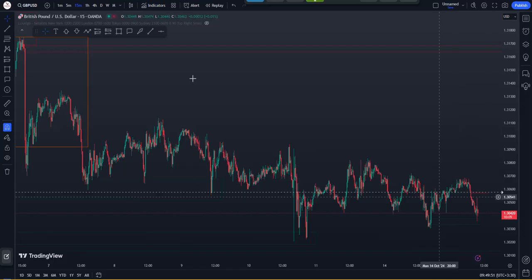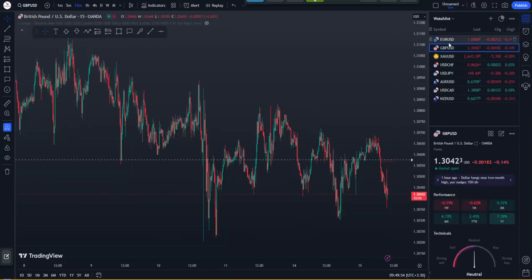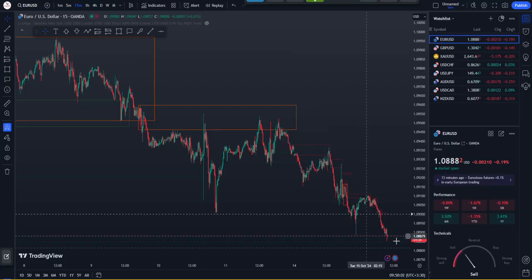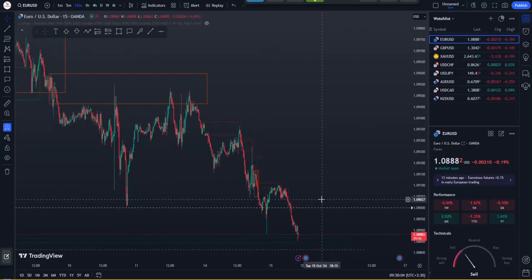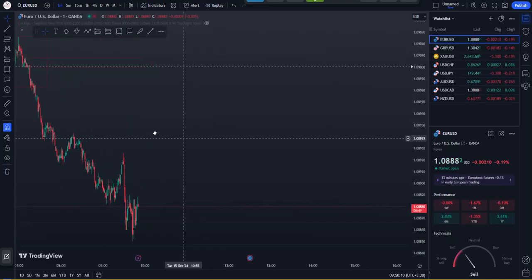Not gold, not actually Great Britain pound. Let's see euro, what happened with euro. And sometimes the euro is making another low, reaching that level. I talk about that and making some reacting here. So